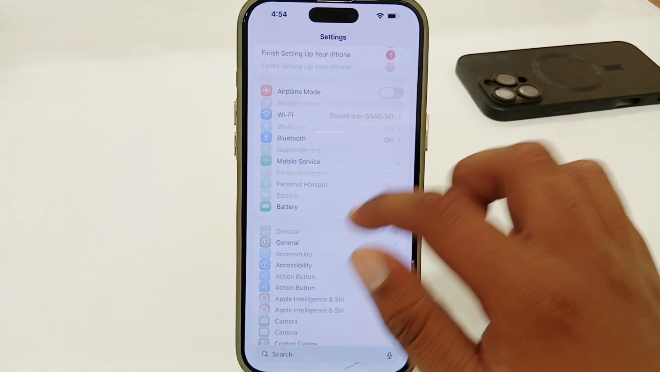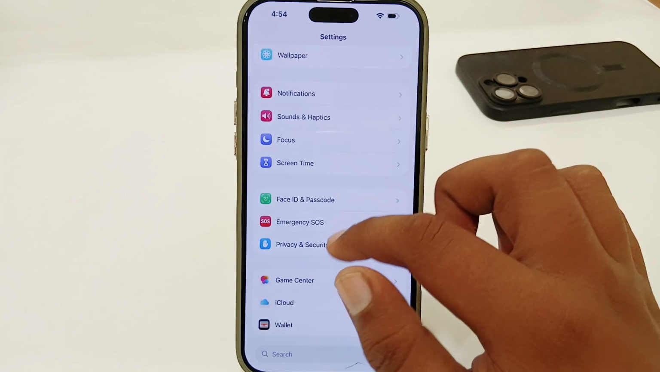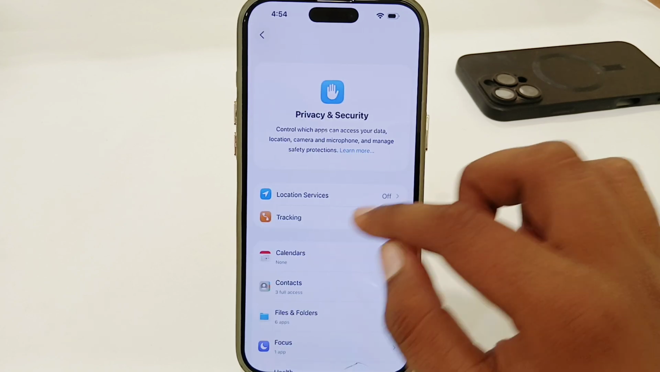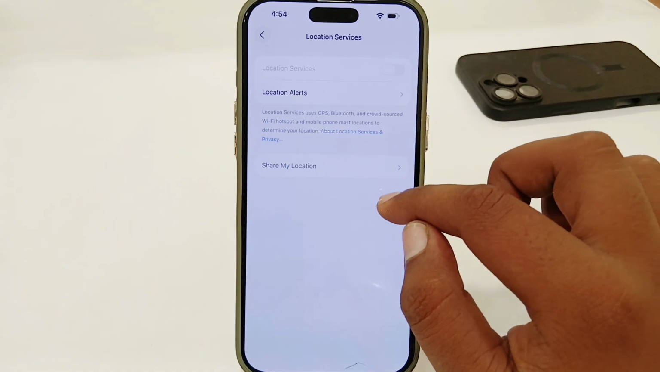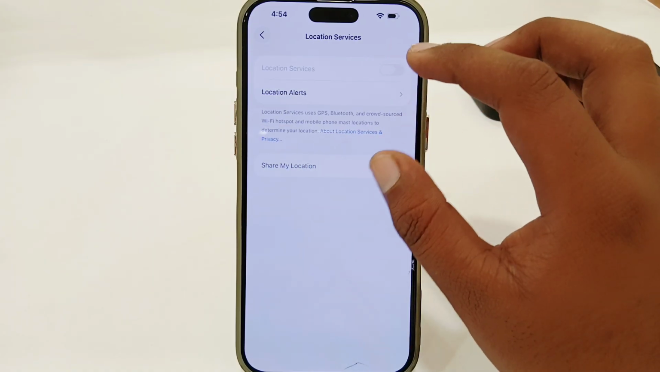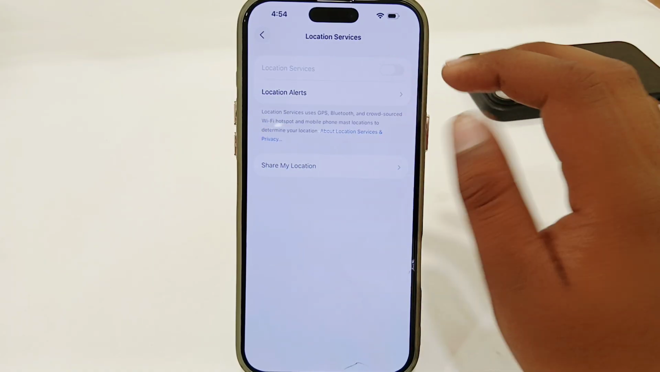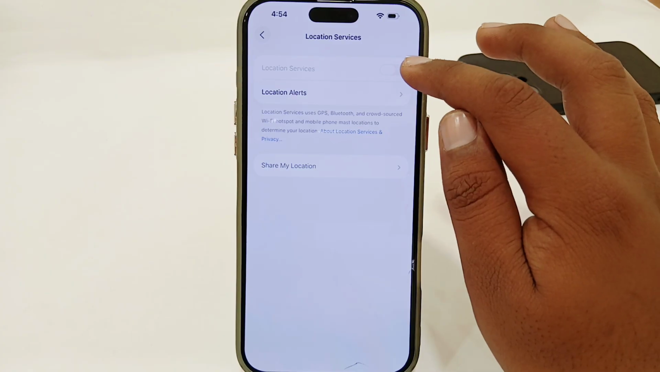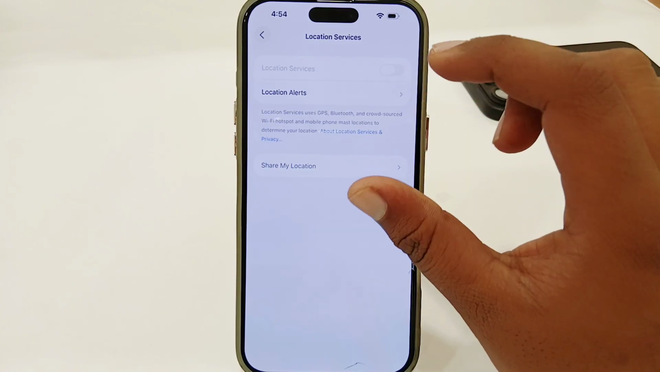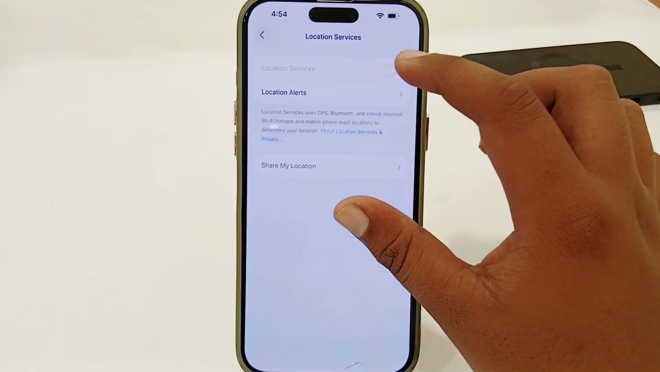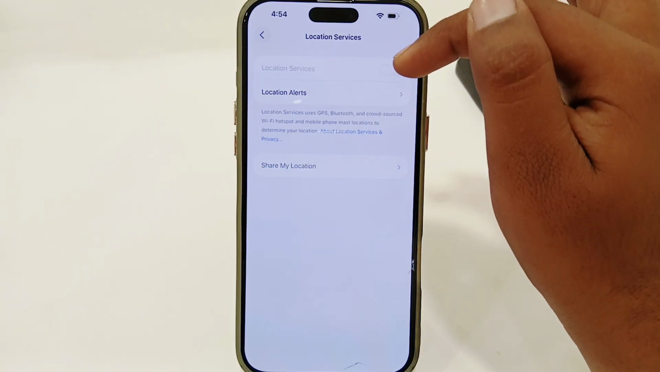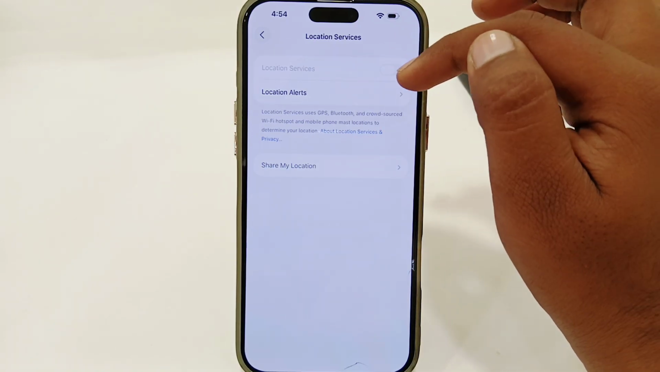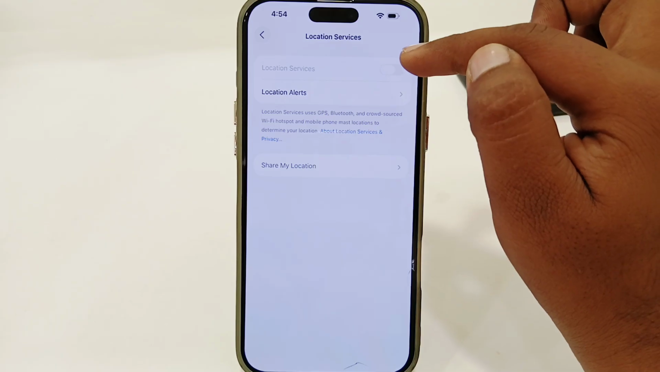The very first thing is to go to Privacy and Security and try to enable your Location Services. Here you just have to enable it, and after that you should be fixed. Your Find My option will not be grayed out. Or if you see that this option, Location Services, has also been grayed out,